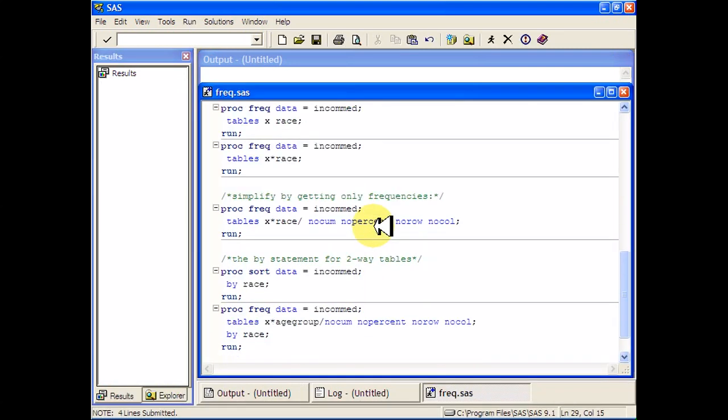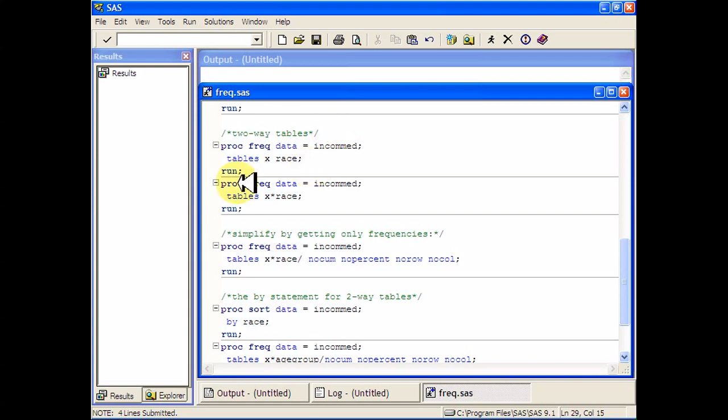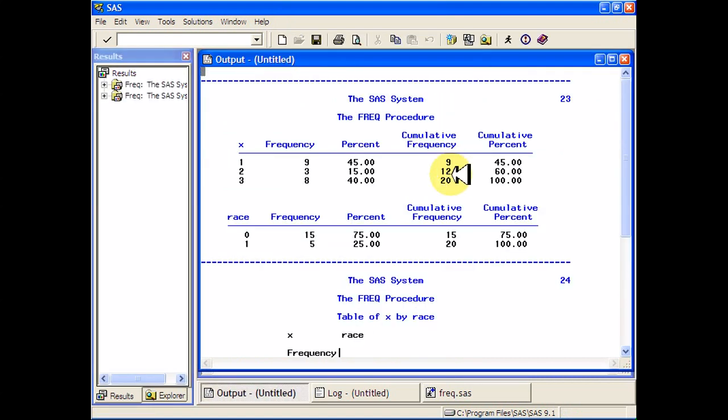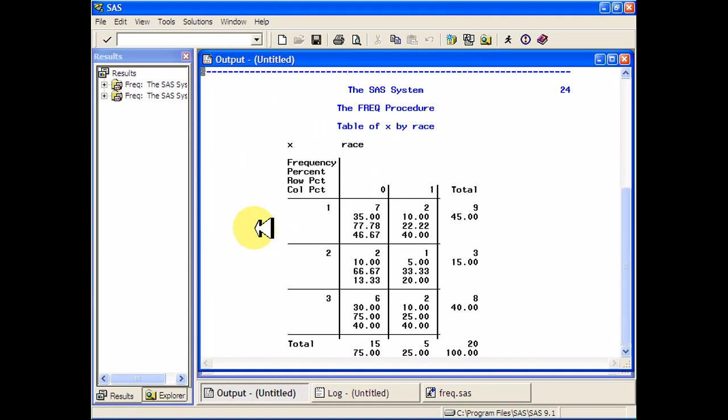Now here's a way to do two-way frequency tables. So let me show you what the default option does. Let's compare and contrast if we don't have a star right here to if we have a star right here. So this will give us 2 one-way tables. This will give us 1 two-way table. Watch. So the first thing it spits out is the 2 separate one-way tables. The first one was for variable X, and the second one was for variable race. It's a 0, 1 variable. Whereas if you put a star between those 2 variable names, it'll give